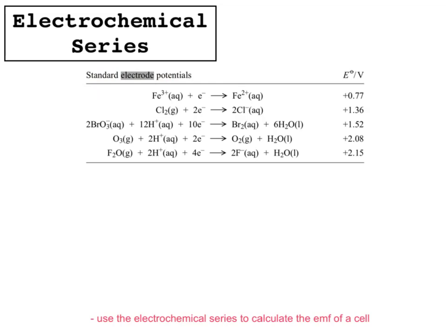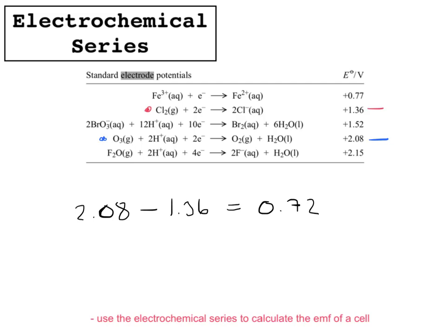electropotentials. But basically what I've got here are a number of electropotentials for different cell reactions. And to calculate the EMF of a cell, we've got to basically use these electropotentials to do that. If I take two random choices, the chlorine electrode and the ozone electrode, and connect those two electrodes, the EMF of the cell would be the difference between the two electropotentials. So the EMF of this cell would be 2.08 take away 1.36, which equals